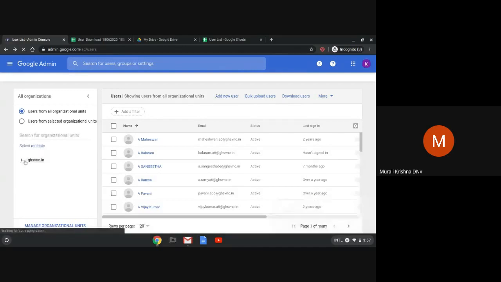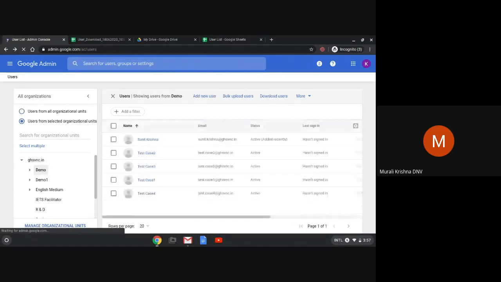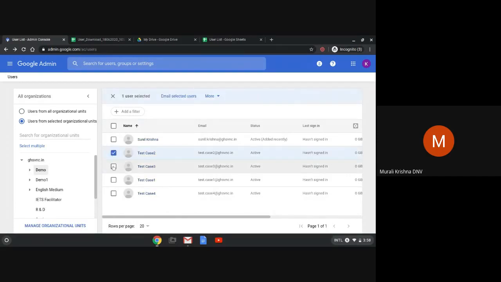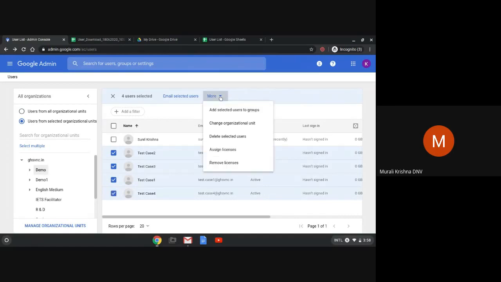Okay, let me refresh it to see the information that is uploaded using bulk upload. As I created my email IDs under demo, okay, the email IDs will be available only under demo. Okay, you can see the test one, all these things. Okay, now to delete these things, click on here and you have an option called go to more and you can